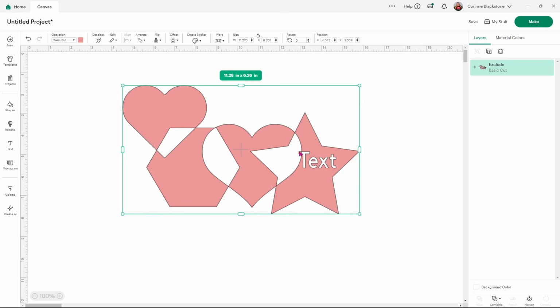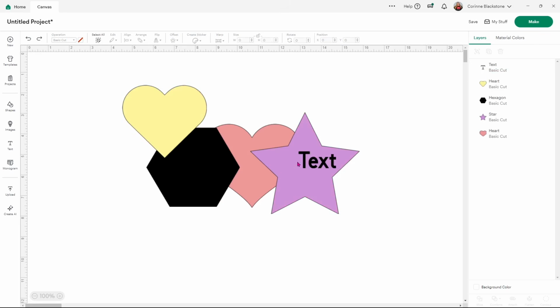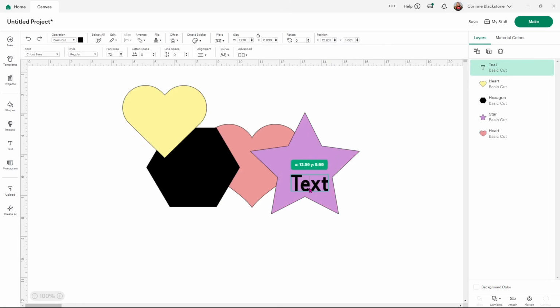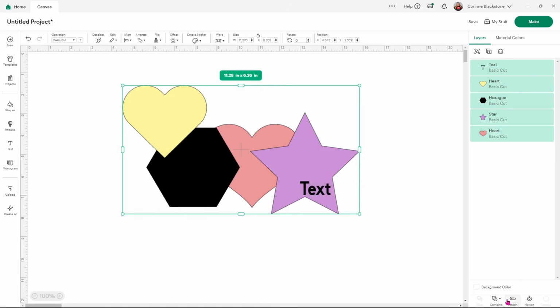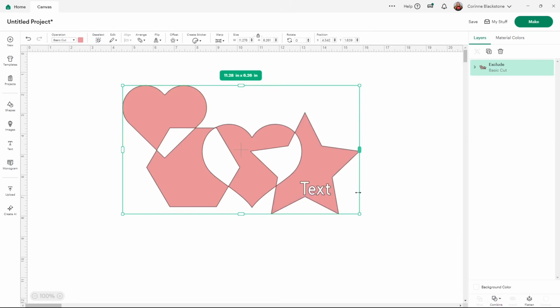But then you'll see here where the text went over 2 of the shapes, because the heart goes under here, it kept part of that. So if I move it down here and make it a little smaller so it's not overlapping that heart, you'll see that it fully excludes it. So it's a great way to use, again, a great way for slice if you've got lots of different pieces and parts,